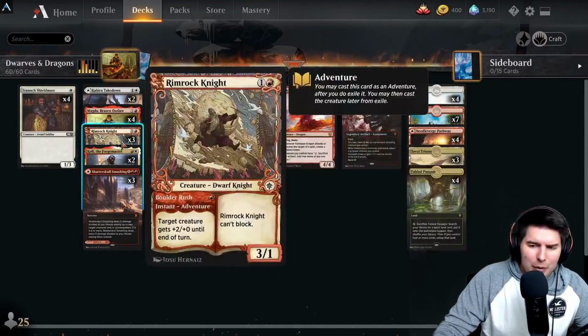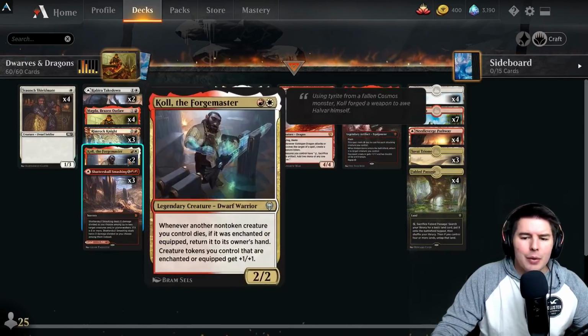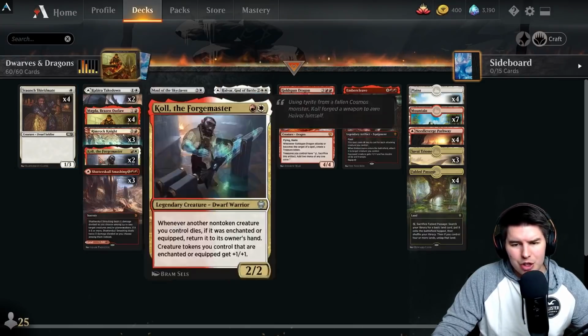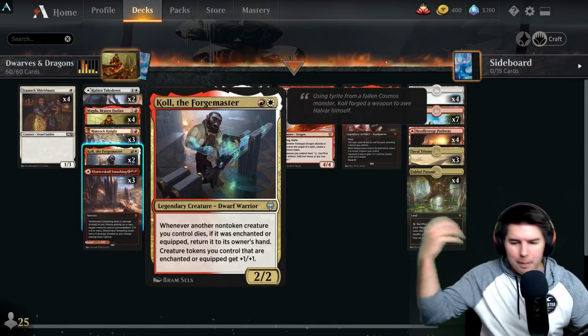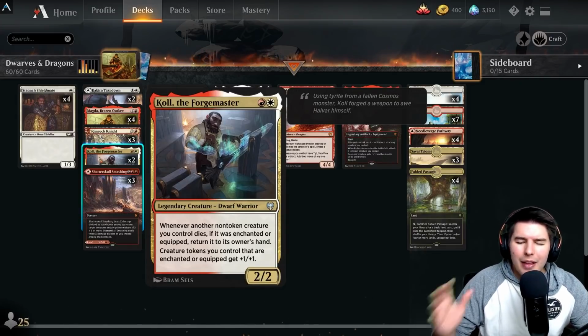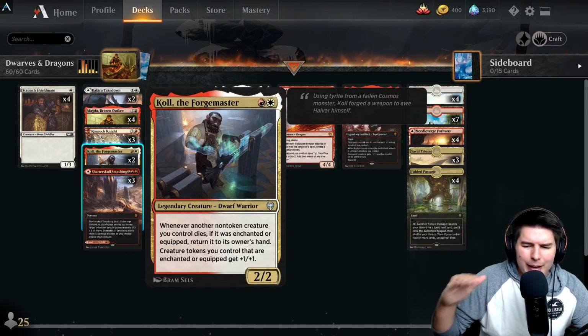We can always pump it up with Rimrock Knight and trade off with better things. We can always put Maul of the Skyclaves onto it pretty easily, and then it's a really hard thing to kill in general. And then we can have it come back to our hand with Cole, the Forge Master, if ever it dies. So the second part of this ability, I feel like I keep reading it wrong, but it's